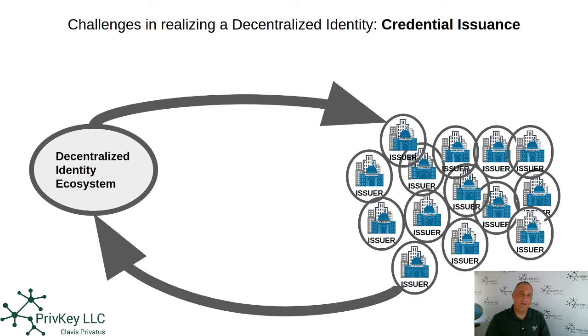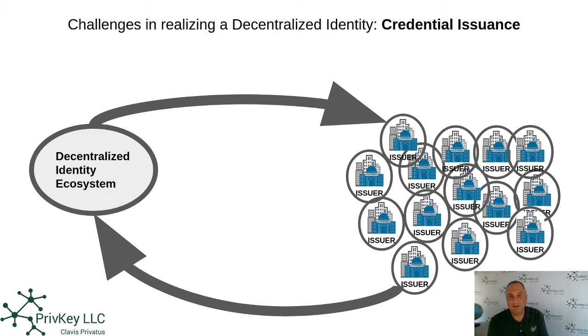So this credential issuance challenge exists because you have this decentralized identity ecosystem. This is the infrastructure, the platform that's going to be doing this. Well, they need to receive credentials from issuers, and if there are no issuers issuing decentralized, cryptographic identity, they cannot provide that to the users, right? Because you don't have the issuers, and then the issuers are looking for, okay, which platform am I going to issue